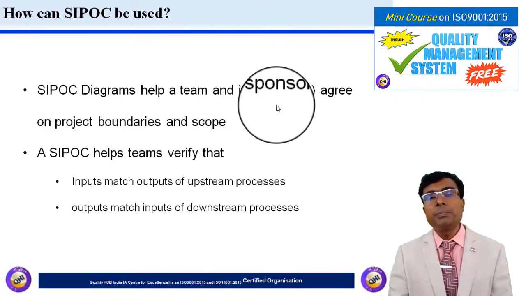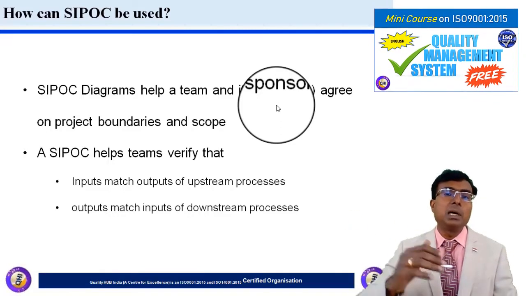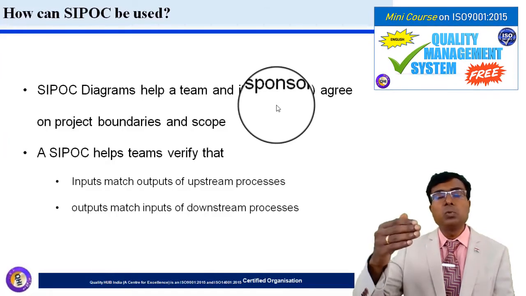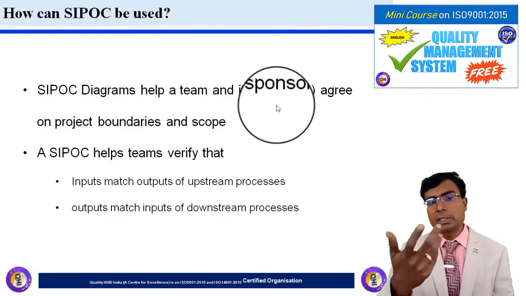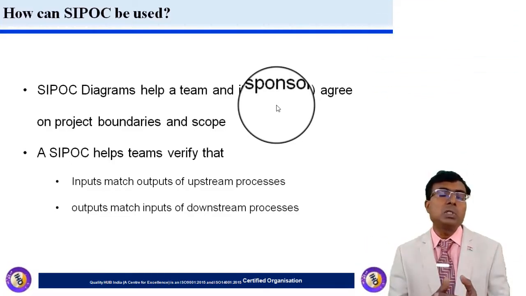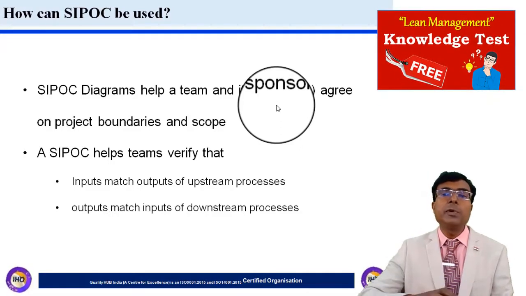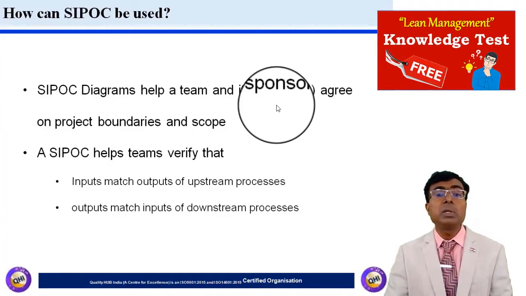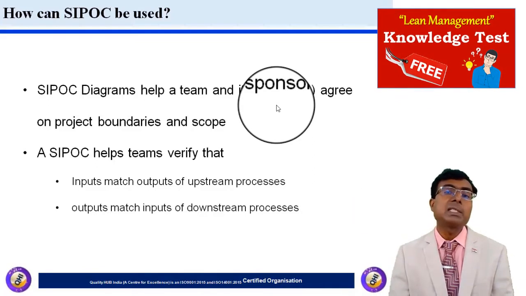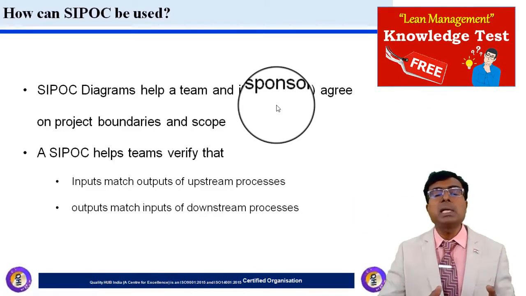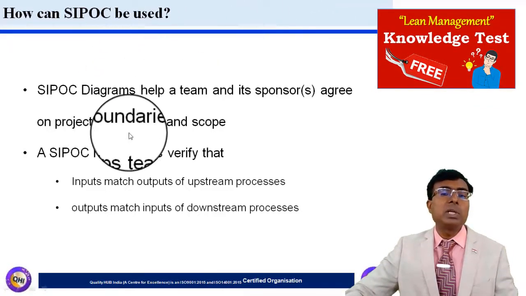For an example, in a project, the scope of the project is to work on a particular line. There are 10 lines in the plant, and the project scope is to work on a particular line number 5, and the project is for reduction in defects. Okay, so scoping is very much important, so that the leader, the mentor and the sponsor are very much clear that the team is only working on line number 5 and other lines are not going to get impacted right now. Maybe during horizontal deployment of action, the action can be implemented, but while driving this particular project, those scopes are not being included. So SIPOC diagram is helpful for scoping the boundary of the project.